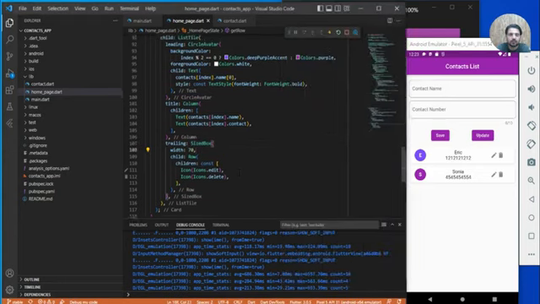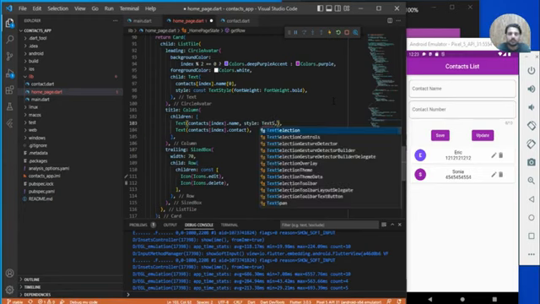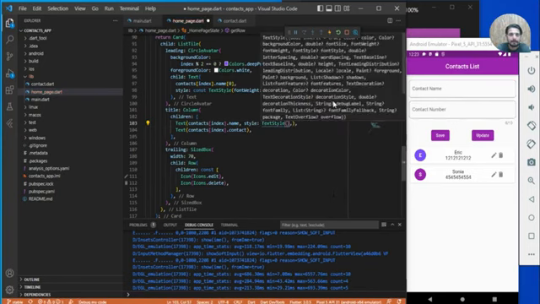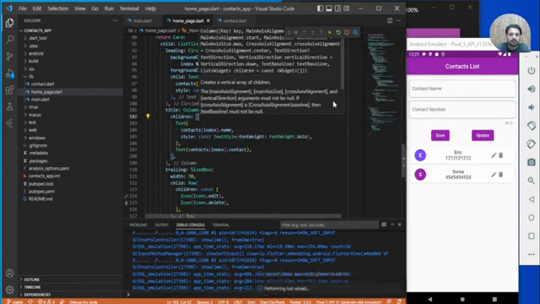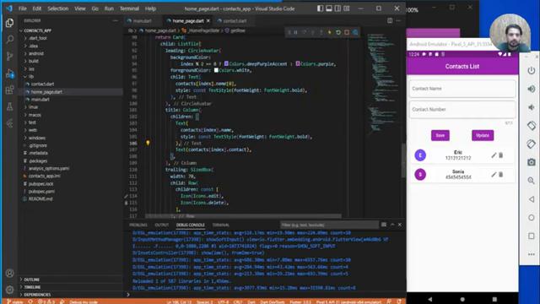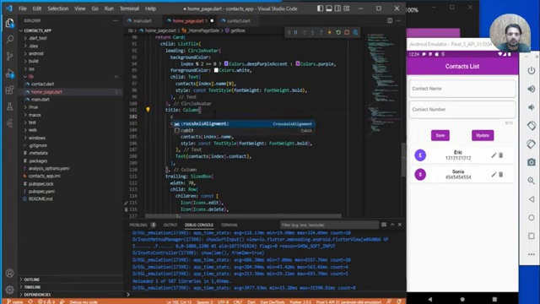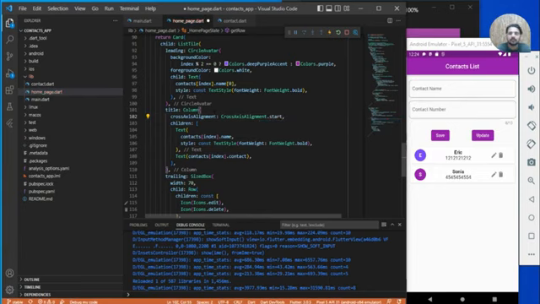bold. Let's go to this name part and give it a style, text style, and give it font weight, that is font weight dot bold, and let's use this const here and save it. So what we left is this part should be coming in the left side. So that means here we need to mention the cross axis alignment, that is cross axis alignment dot start, and